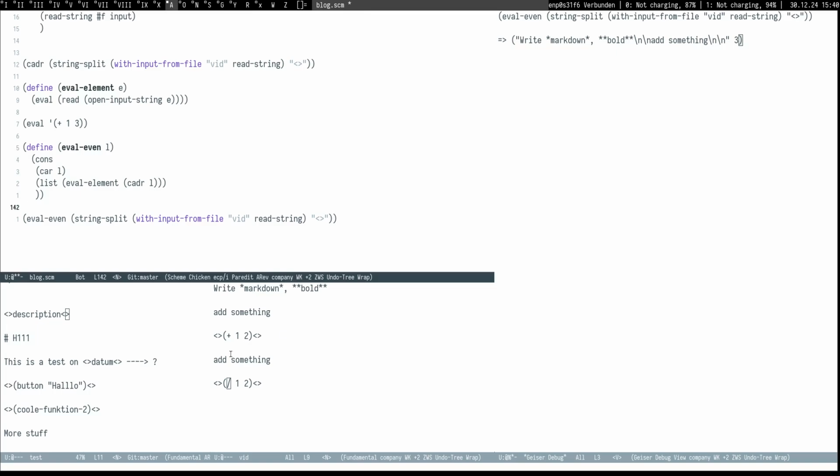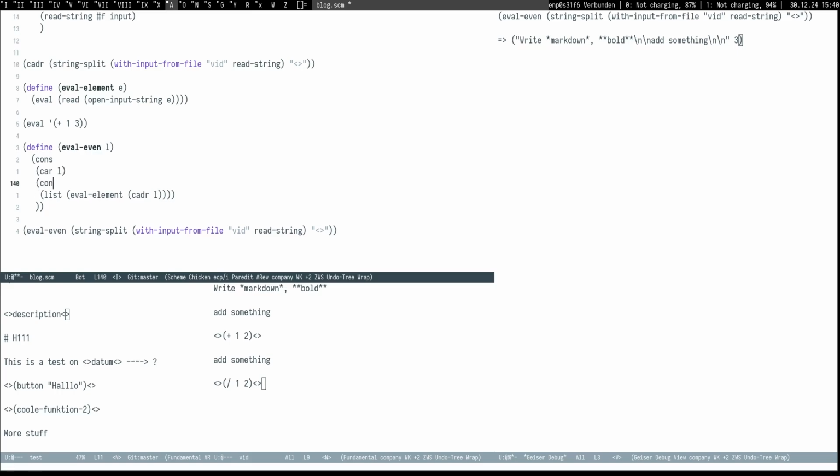But of course we have another three elements which are being ignored right now. So how we can solve this is to recursively call our function. So here we handle the first two elements, and now we want to handle the rest. So we can do another cons here, and then call this function recursively with cddr. So here we use the first element, here the second element, and then the rest. So everything but the first two elements is being passed recursively to this function, and then we need to define